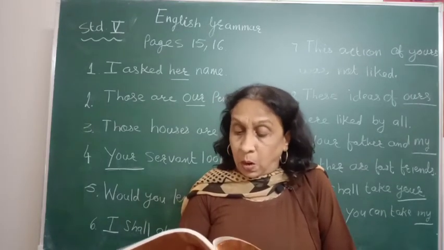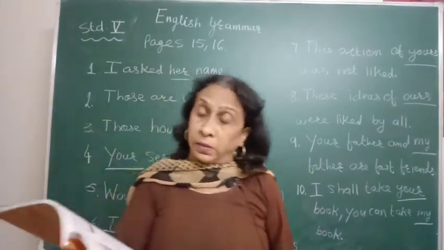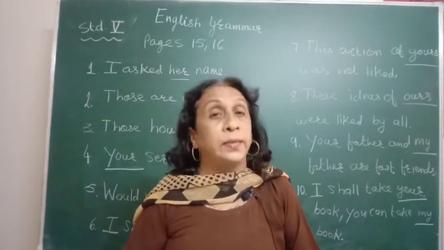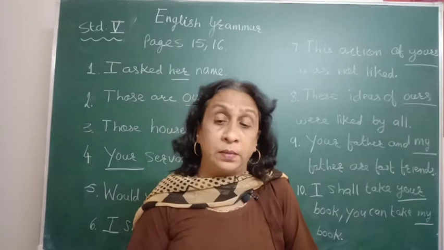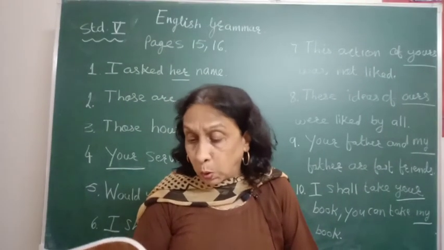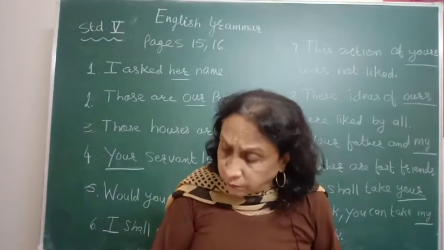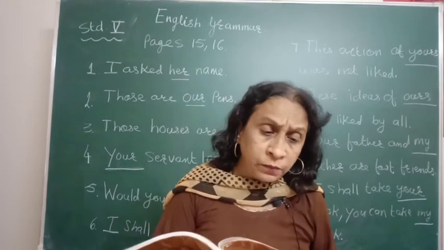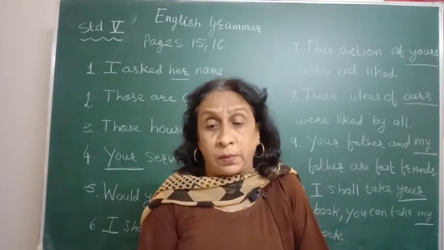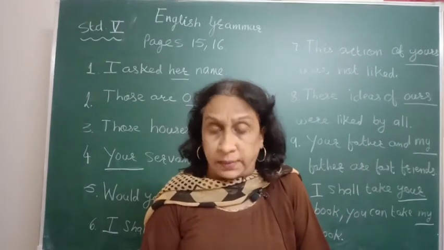Now the sixth one: What a huge animal the elephant is. Look at the sentence. At the end, which mark is there? Yes, the exclamation mark is there. So this is an exclamatory adjective. This what over here is an exclamatory adjective. Next: What a foolish mistake you have made. What a foolish mistake means sudden surprise; we are expressing something suddenly. This is also an exclamatory adjective, right?